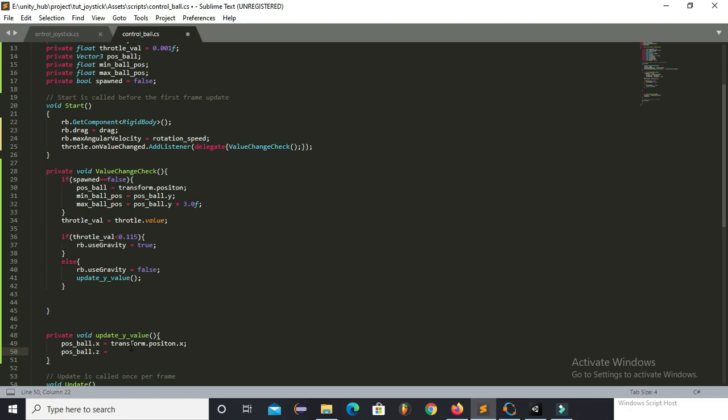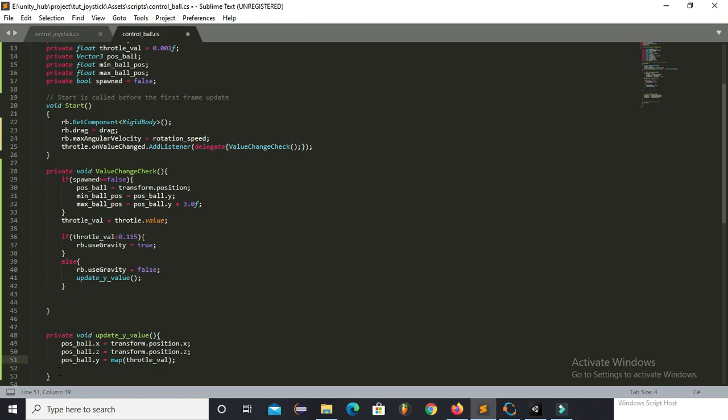So for that I am calling transform dot position. Now I will assign the y value, and this y value will come from the map function, and the map function will accept the argument throttle value. This throttle value is the value of the slider.